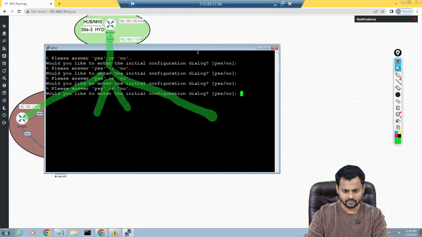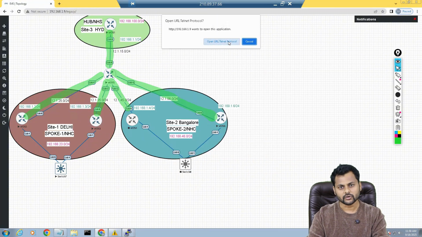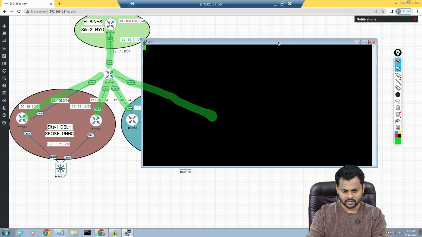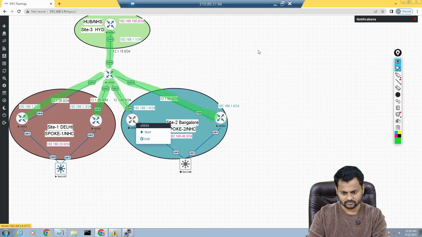So this is the biggest myth people have regarding phase two, that people are not using phase two in a production network. But I'll show you the use case so that you can understand the logic behind it.